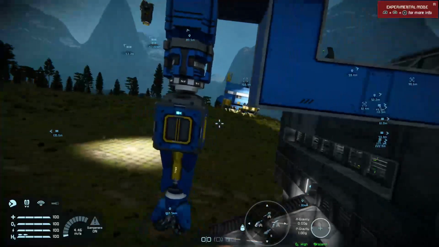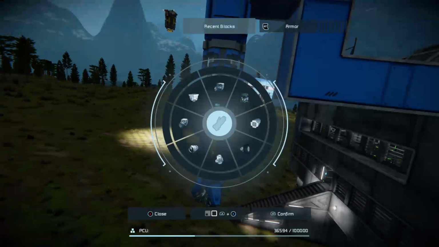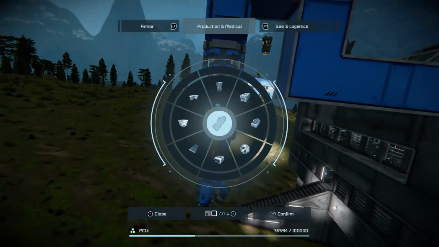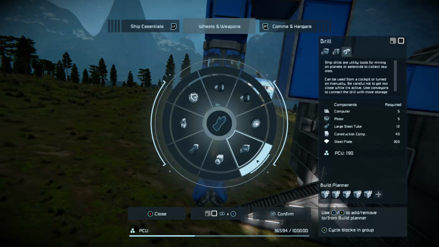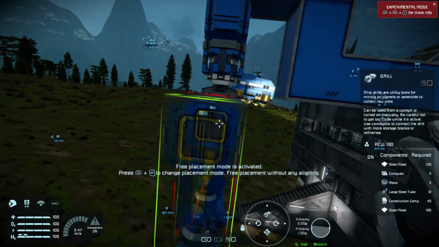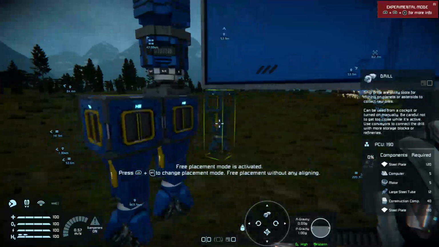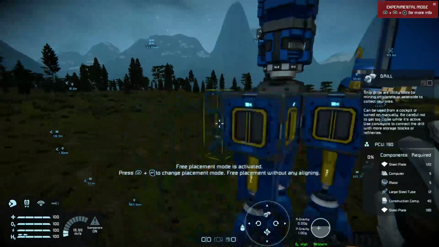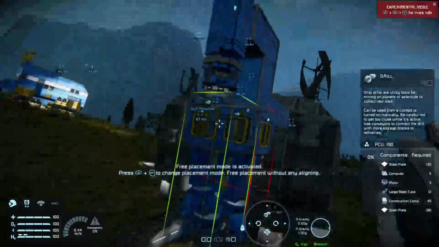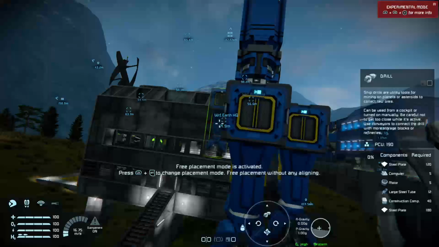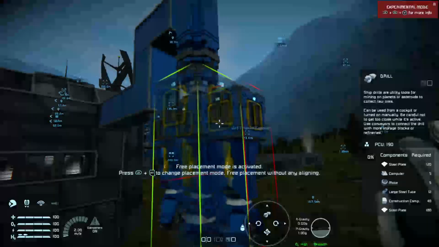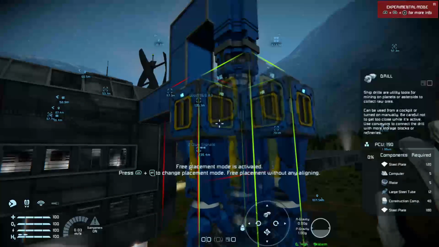Can I fit more drills on? Yes, I think I can. That's what I want to do. Fit more drills on. Because everybody wants to build drill rigs with huge amounts of drills. And if you notice, if I put more drills on this, you'll see it's starting, and this is without the rotor turning.